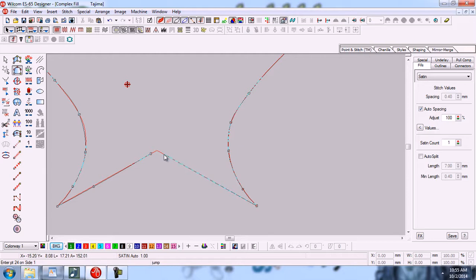Now it's the last point, so our last point must be left. Now here I will press left click. Okay, now our selection has completed. Now what do we have to do?